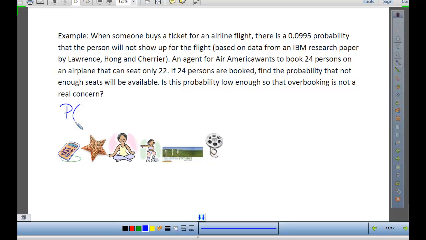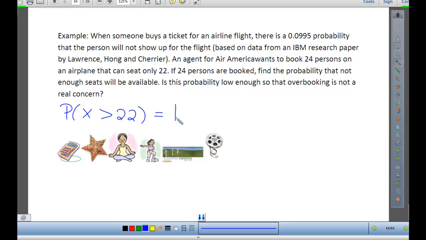There won't be enough seats if how many people show up? More than 22. If x is more than 22, strictly more than 22, not including 22, but looking at 23 and 24, we've got a problem. How you decide to calculate that from there is really up to you, but we could do